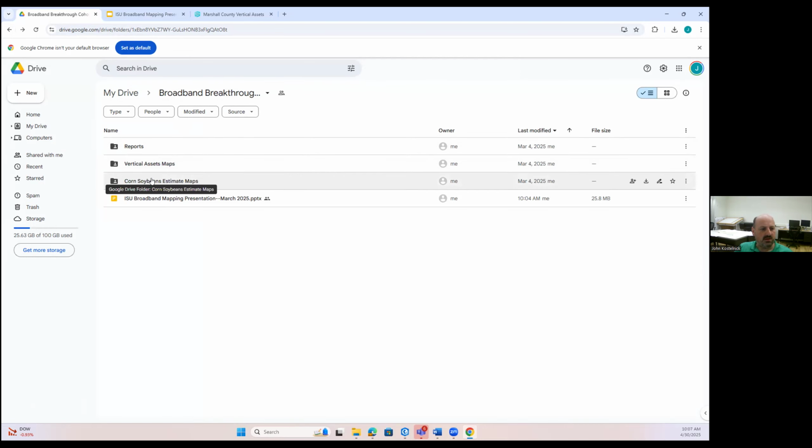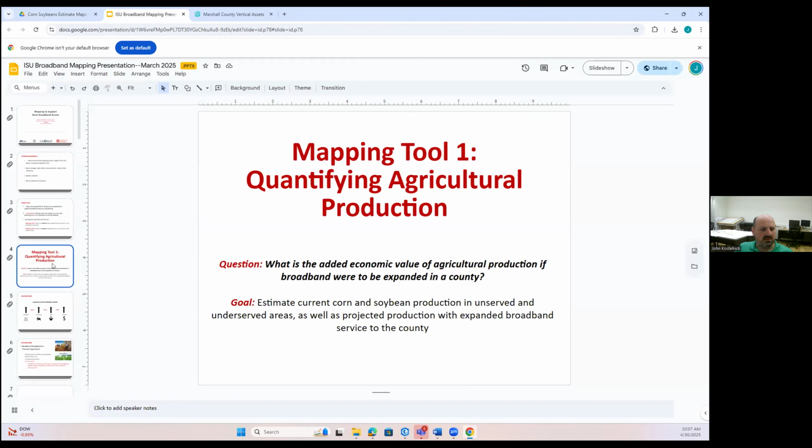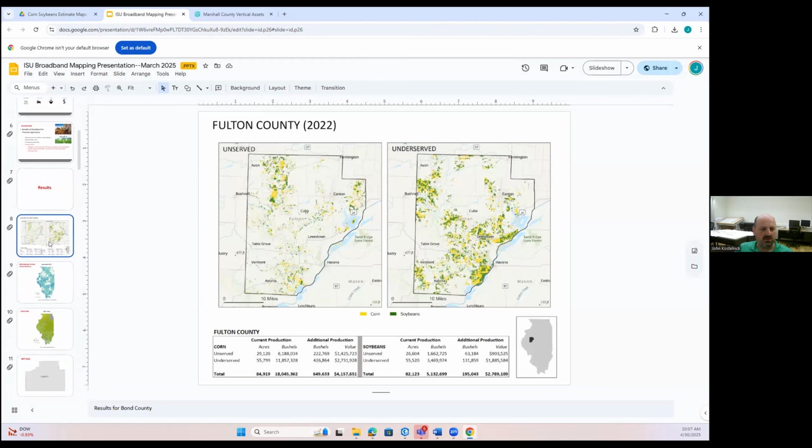We'll start with the corn soybean estimate maps. As you might remember, as Reid mentioned, these are the maps that can quantify agricultural production. We have one of these for each of your counties, so for all 7, you will find it in there.